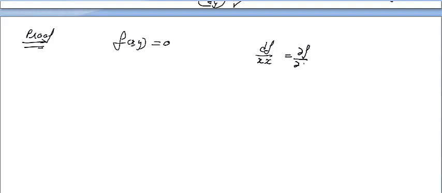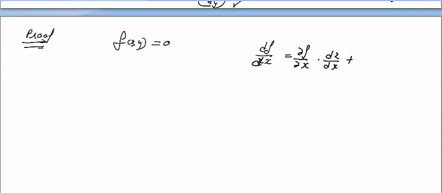So how will we prove it? See, it is very interesting. Proof, or solution, you can say. You have f(x,y) is equal to c. Now students, if you have a function f and you want to find the derivative of f with respect to x, the total derivative, then it will be the partial derivative of f with respect to x plus the partial derivative of f with respect to y times dy by dx. Very interesting to see.